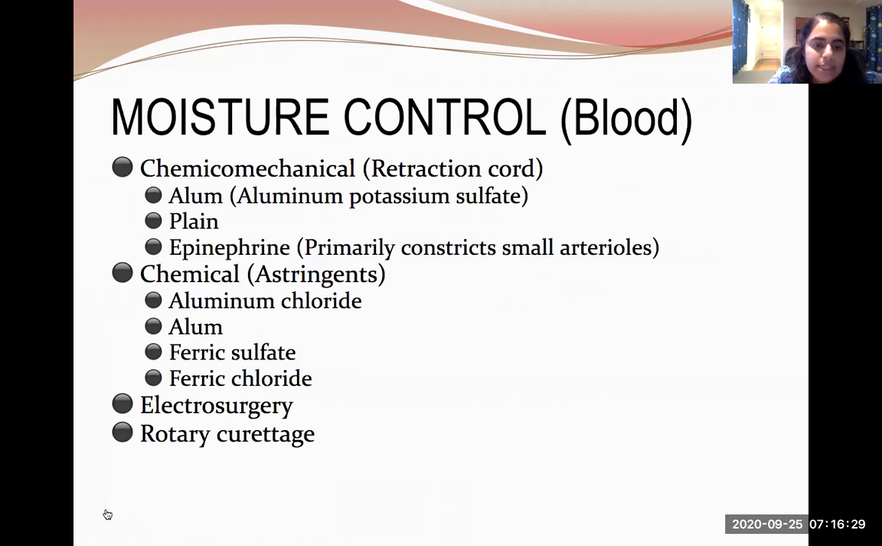The disadvantages are that it can cause a rise in blood pressure and heart rate due to absorption of the local epinephrine into the circulation. Epinephrine is contraindicated if the patient has any cardiovascular disease, hypertension, or the patient is taking monoamine oxidase or tricyclic antidepressants or cocaine,